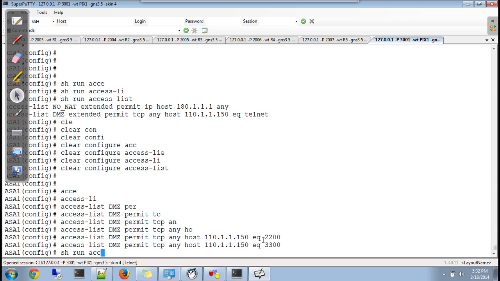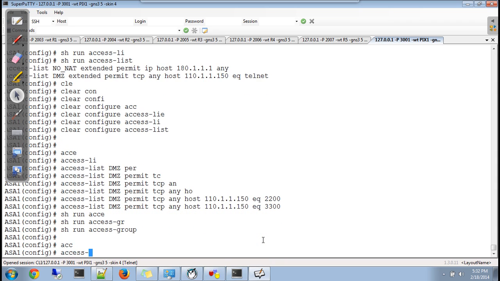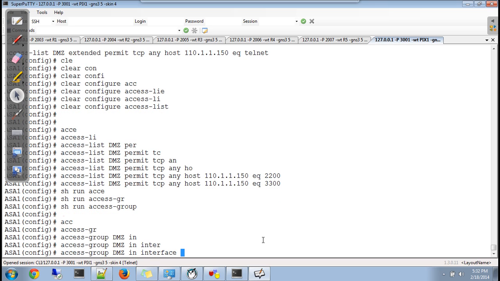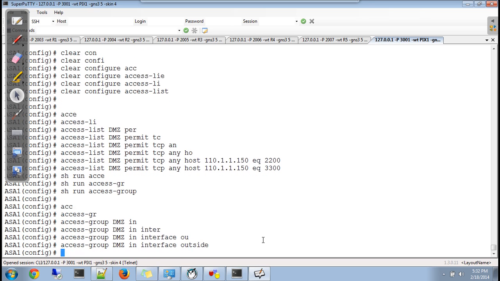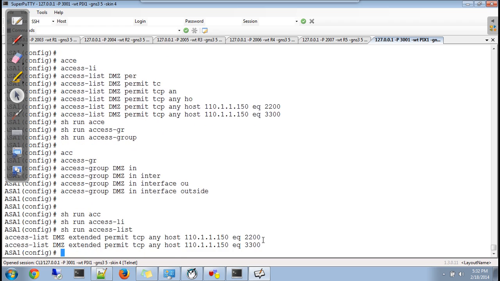No, it's not. Access group DMZ in interface outside. Show running access list. You have two ACLs.